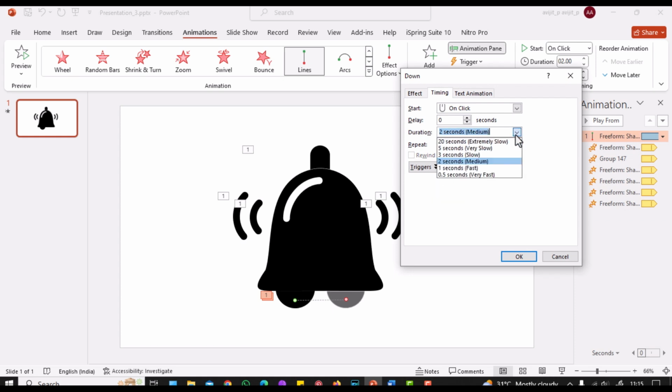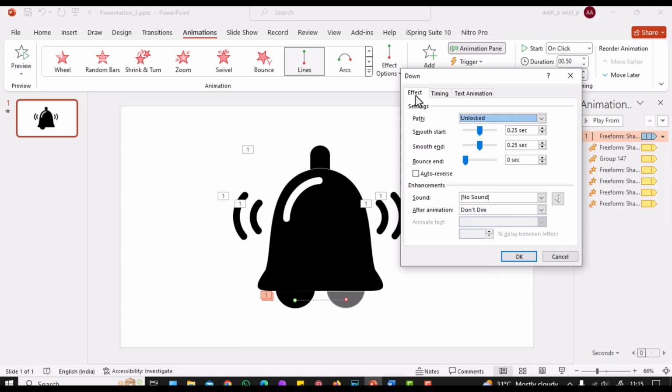The dongle of the bell is stopping after one cycle, so change the effect of the line animation to auto reverse.